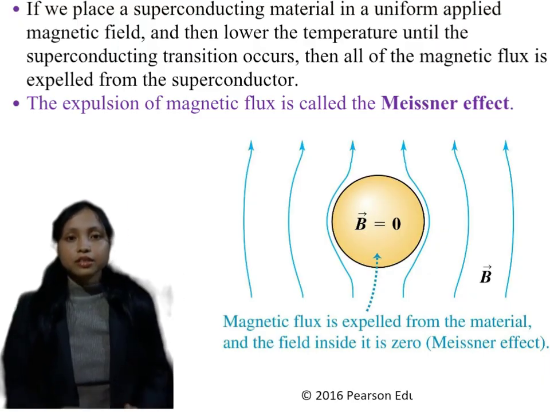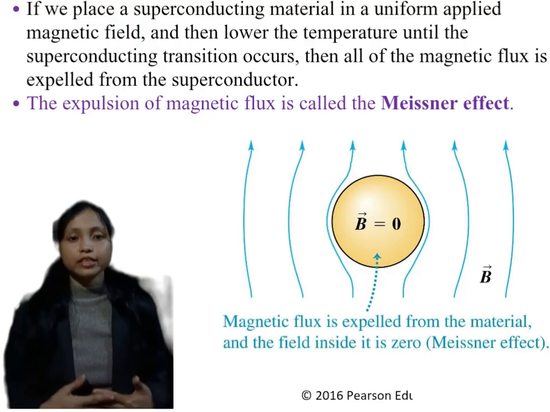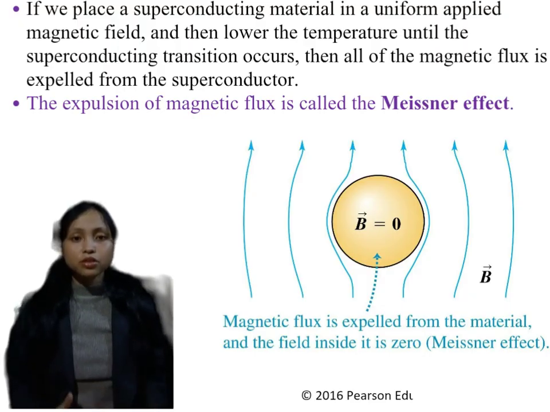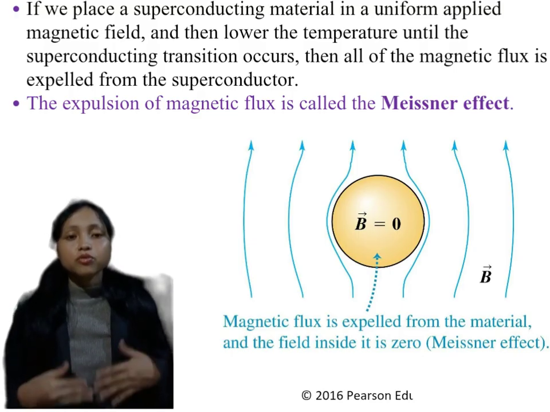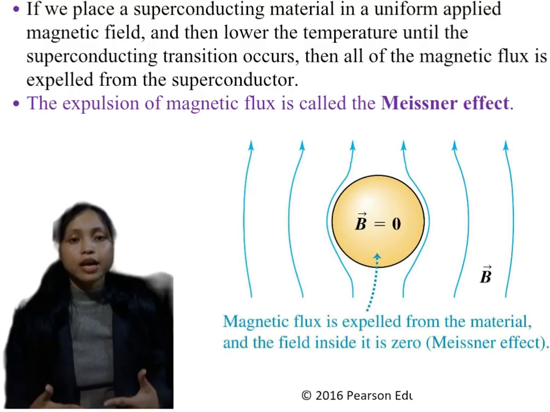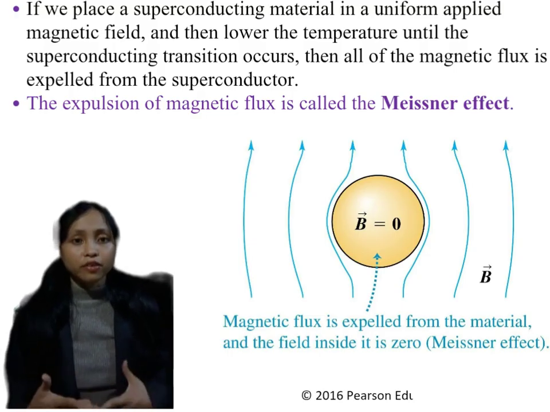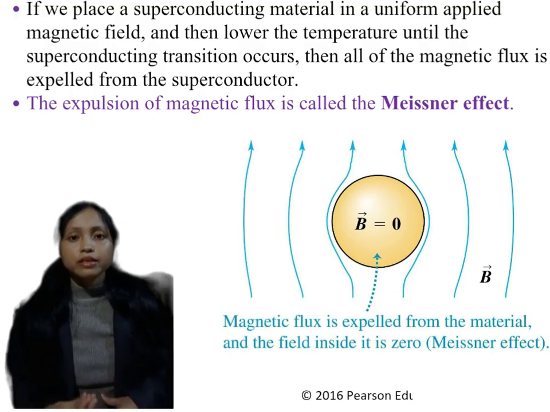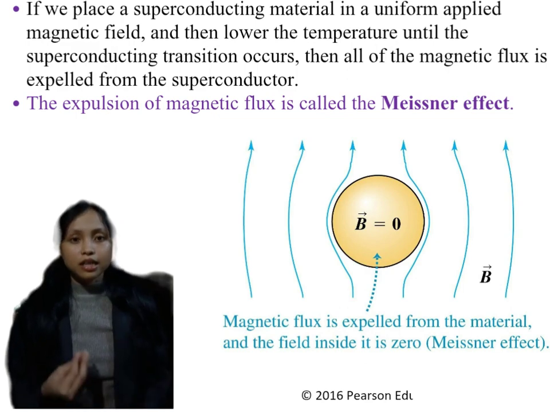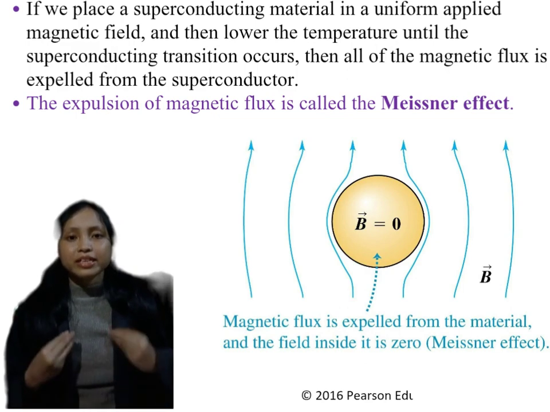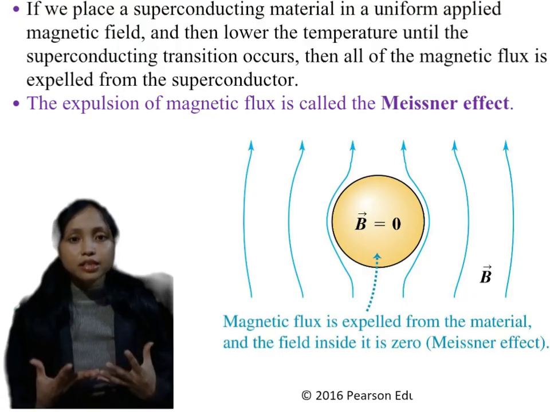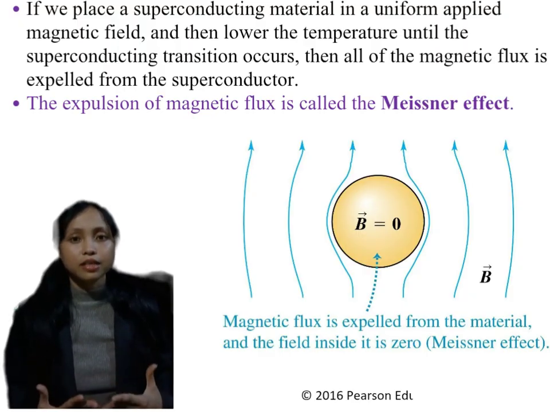It is important to emphasize that this effect is not simply due to zero electrical resistance. Even a perfect conductor would trap magnetic fields that were present before cooling. A superconductor, however, actively pushes the magnetic field out as it enters the superconducting state. This shows that superconductivity is a distinct physical state of matter, not just an extreme form of conductivity.